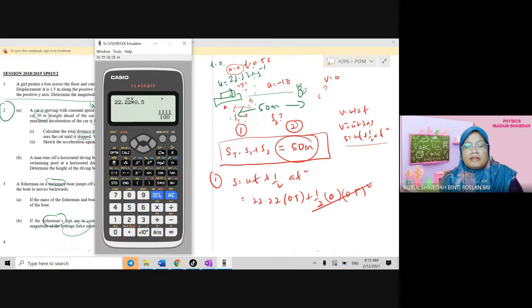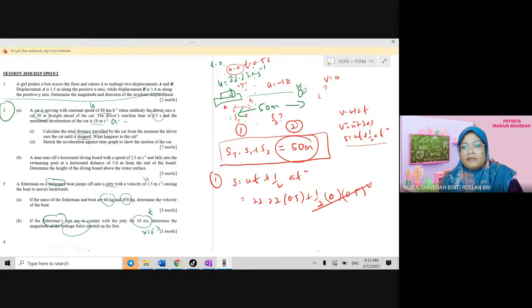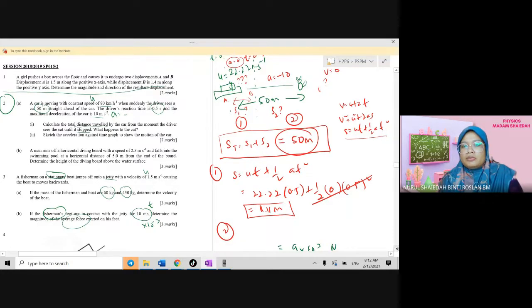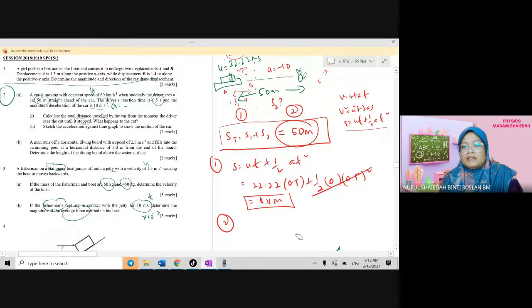So I will get my answer is 11.11. So 11.11 meter. So ini adalah dia punya S. 11.11 meter. Okay, so I nak cari pula untuk bahagian nombor 2. So bahagian nombor 2, kita nak cari